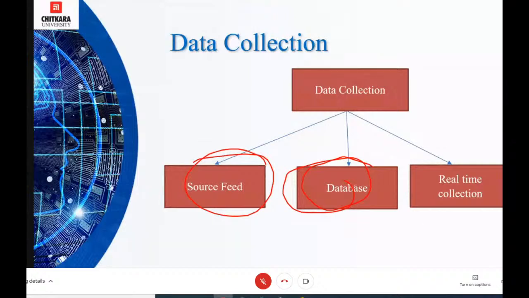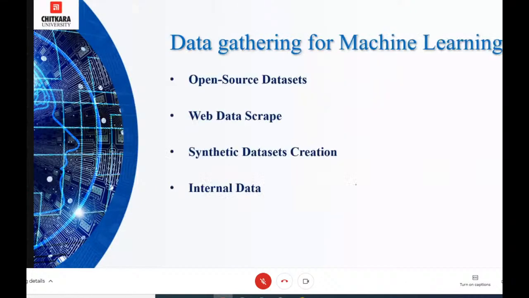So now we can discuss the source of raw data for machine learning and how to go about conducting data annotation, because it is a very important part of the data gathering or data collection phase. For example, if you want to collect data for machine learning tasks, the first thing you can consider is an open source data set.